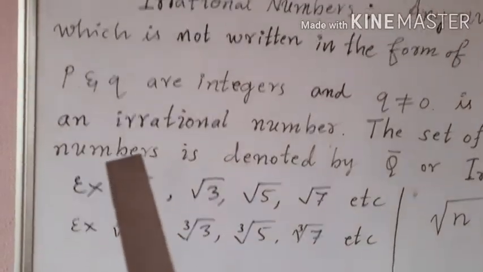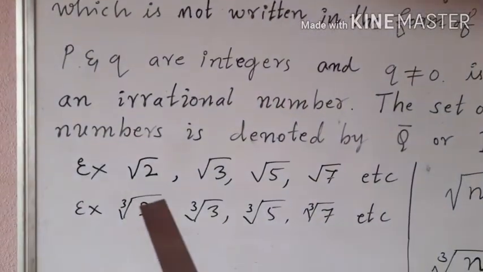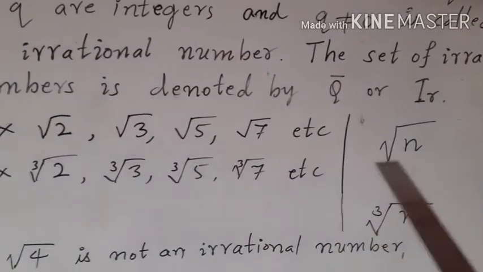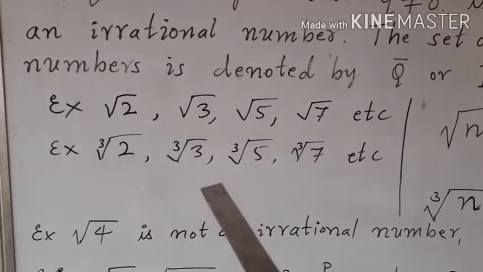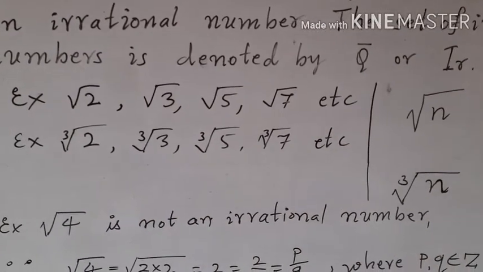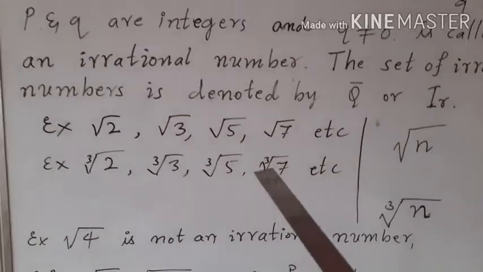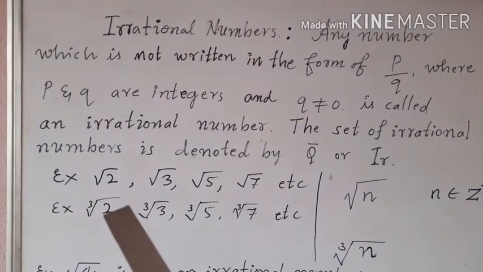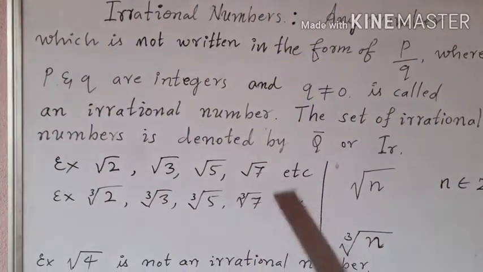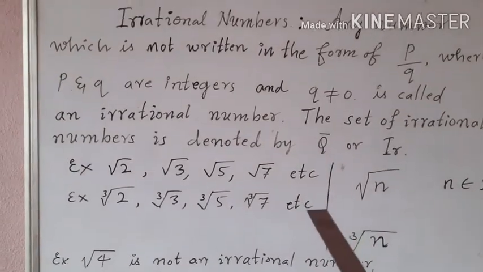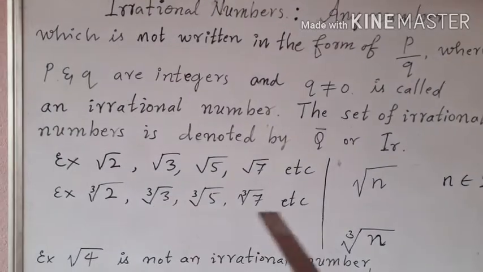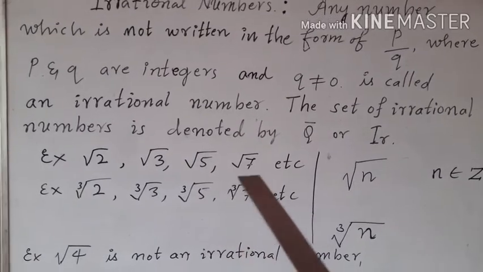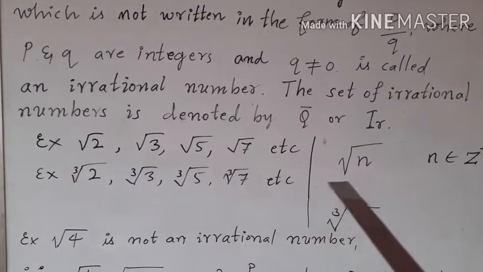And the irrational numbers like square root of 2, square root of 3, square root of 5, square root of 7, etc. and square root of n. Okay, and cube root of 2, cube root of 3, cube root of 5, cube root of 7, etc. These are all the examples for real numbers. Okay, we can say children, all natural, whole, integers, rational and irrational numbers are examples of real numbers, but all real numbers are not examples of natural numbers, whole numbers, integers, rational numbers and irrational numbers.